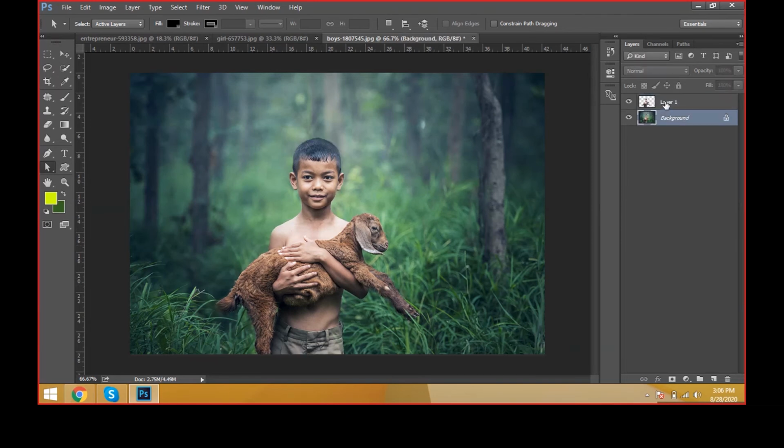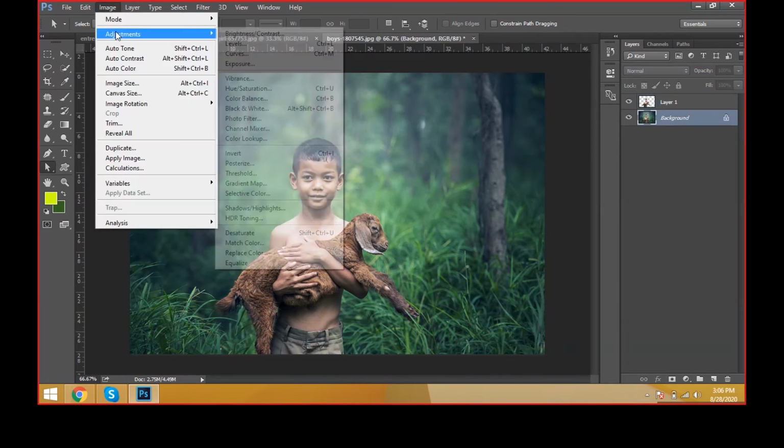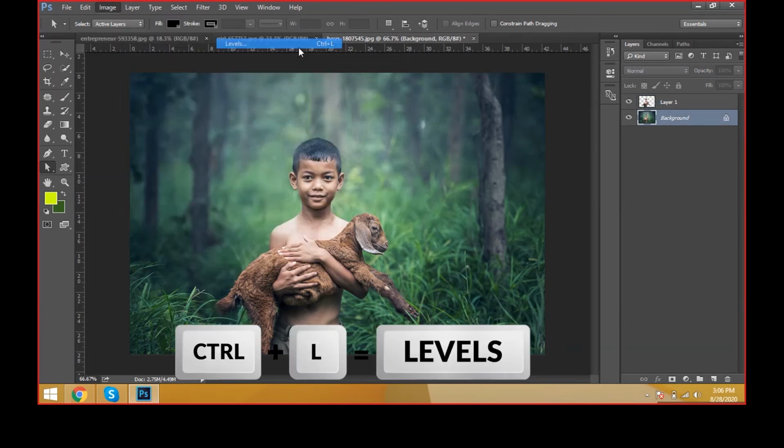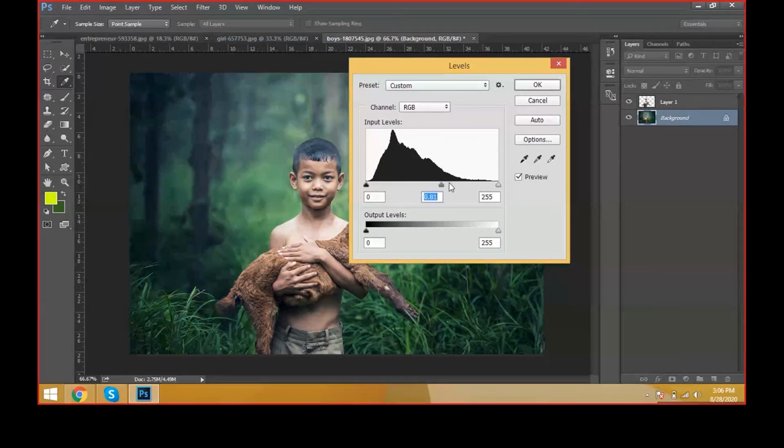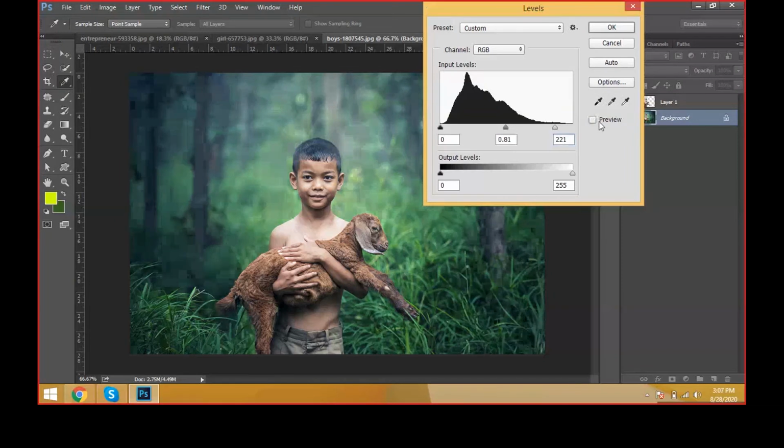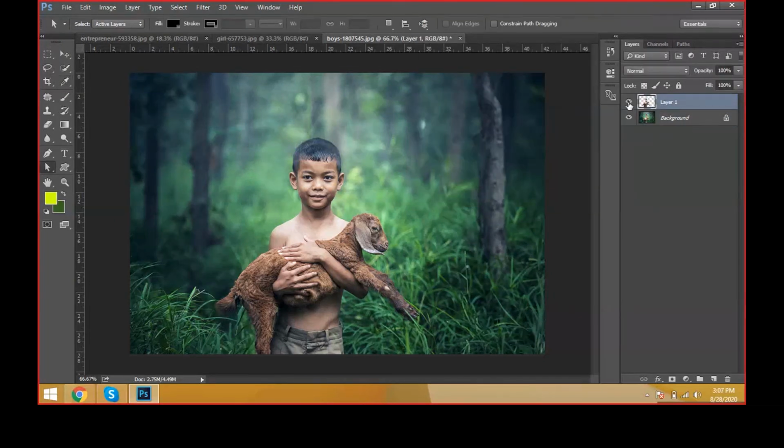This is the original and this is only the image. See, now come to here. I just separated the image from the background. I'm just selecting this background and going to the image adjustments and giving some levels. Now you can see the adjustments. It is affecting only the background. Why? Because we selected the background layer only. The upper image layer is not disturbed. Again, you can see, it has been isolated from the background.